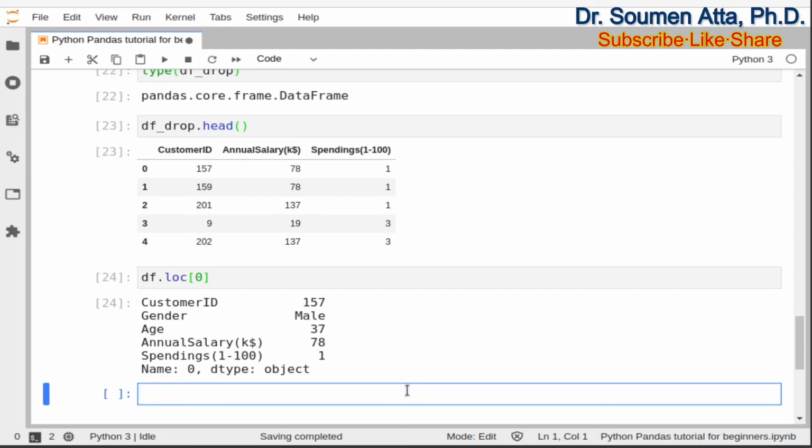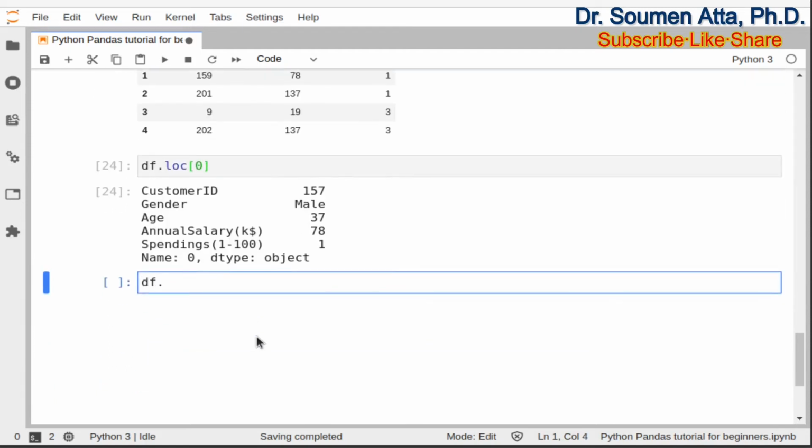Note that if we use a single pair of square brackets, then it will return a pandas series like this. Here I have used a single pair of square brackets, so that's why it returns a pandas series. If we want to return a pandas data frame, we need to use 2 pairs of square brackets like this: df.loc.